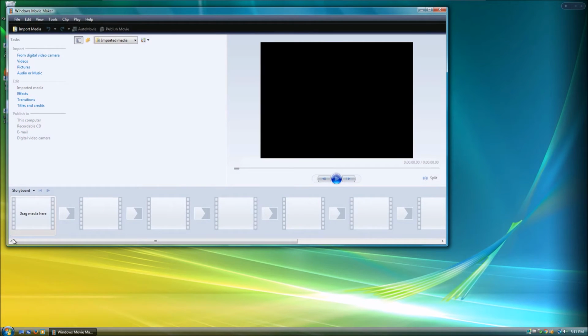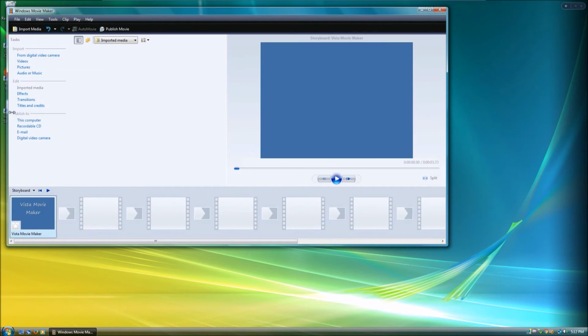Now this version of Windows Movie Maker isn't the one from Windows 7. The one from Windows 7 is the one I use. It's also on 8, 10. You can download it from the Windows website. This one is a slightly more modernized version of the XP's Movie Maker. It's very similar. You can import titles and credits, and as you can see, it's very similar to XP's Movie Maker,